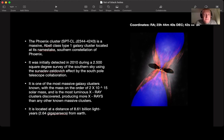So the Phoenix cluster is a massive Abell class type 1 galaxy cluster located at its namesake southern constellation of Phoenix. It was initially detected in 2010 during a 2,500 square degree survey in the southern sky using the Sunyaev-Zeldovich effect by the South Pole Telescope collaboration. It is one of the most massive galaxy clusters known, with the mass on the order of 2 times 10 to the 15 solar mass, and is the most luminous X-ray cluster discovered, producing more X-rays than any other known massive